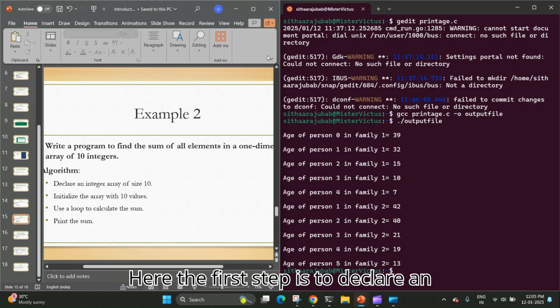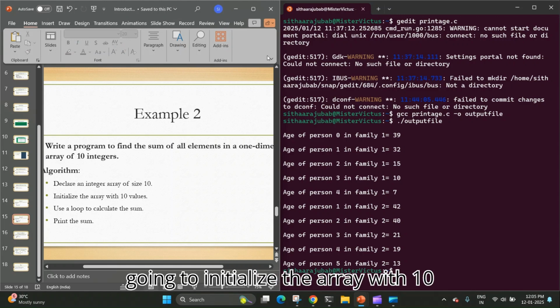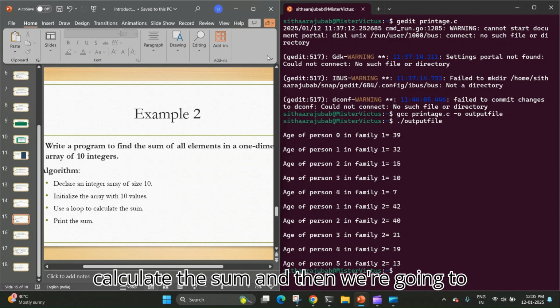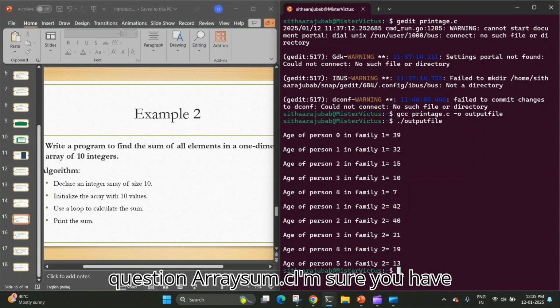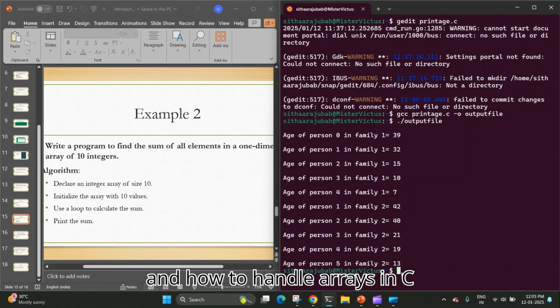Here, the first step is to declare an integer array of size 10, and then initialize the array with 10 values. We're going to use a loop to calculate the sum and then print the sum. After the first question, I'm sure you have somewhat of an idea. Now, this question, I hope, will make it much more clear how to handle arrays in a C